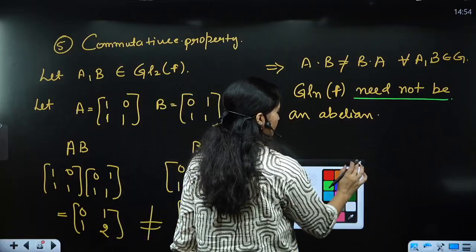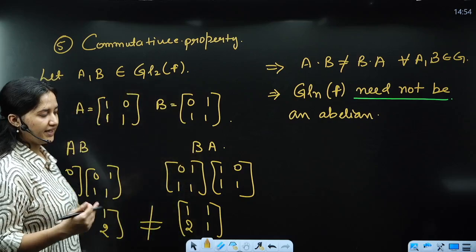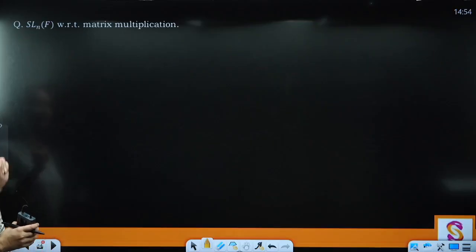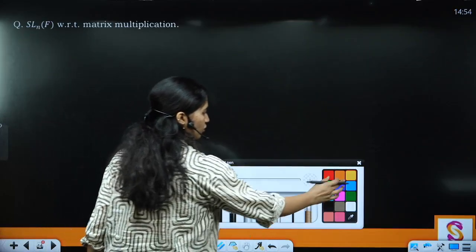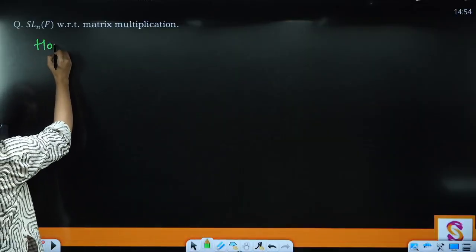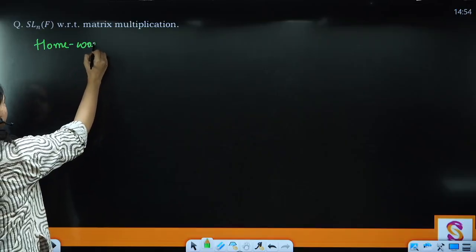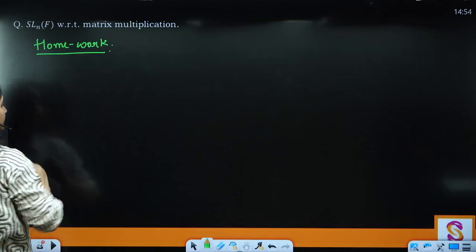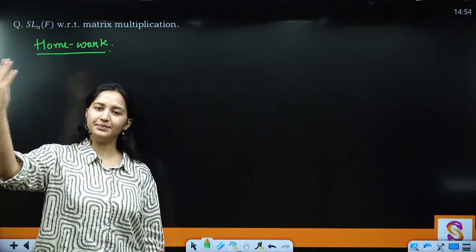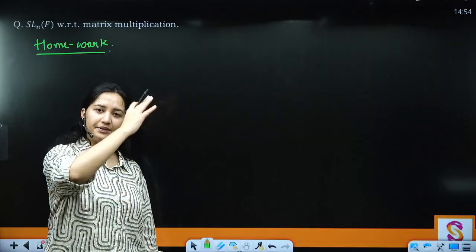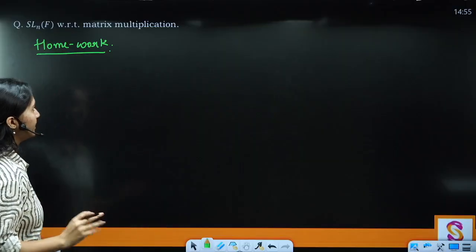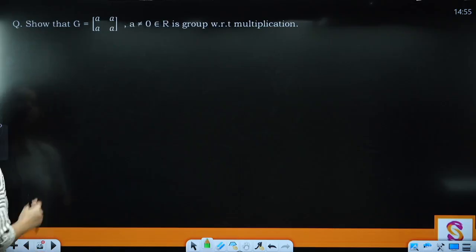In modern algebra it is all about the words that you are choosing, right? Okay, so GL(n, F) is done. So SL(n, F) is definitely going to be your homework. Please make sure that you do it, and do it while we are running. Please don't say that after the next lecture, when we'll be revising, then we'll do it. No, we are studying it now. Please do it right now itself. All right, chalo. Moving on.